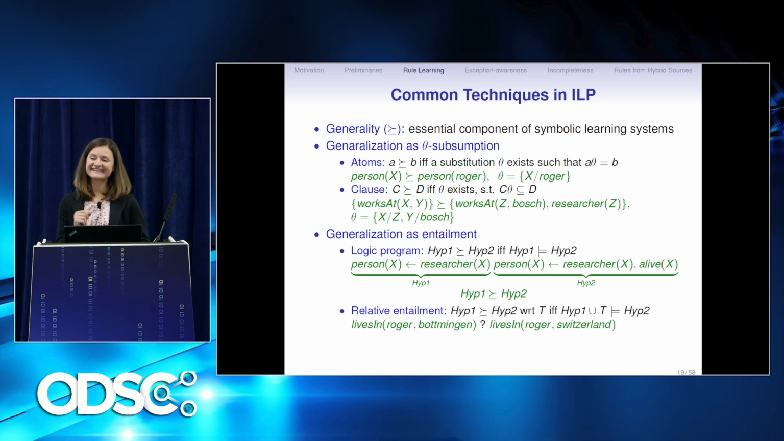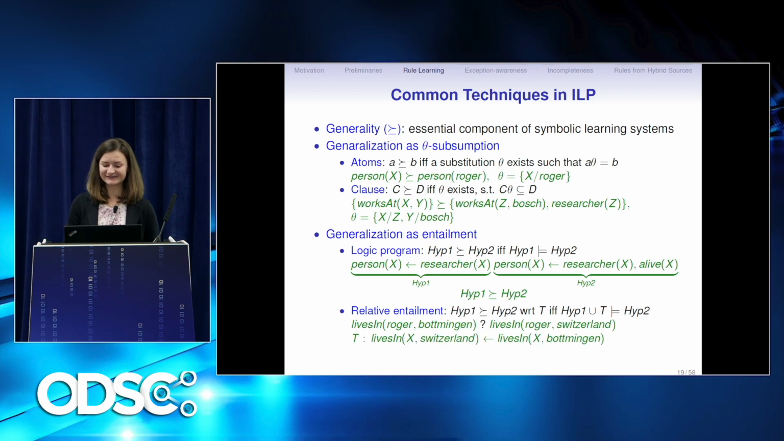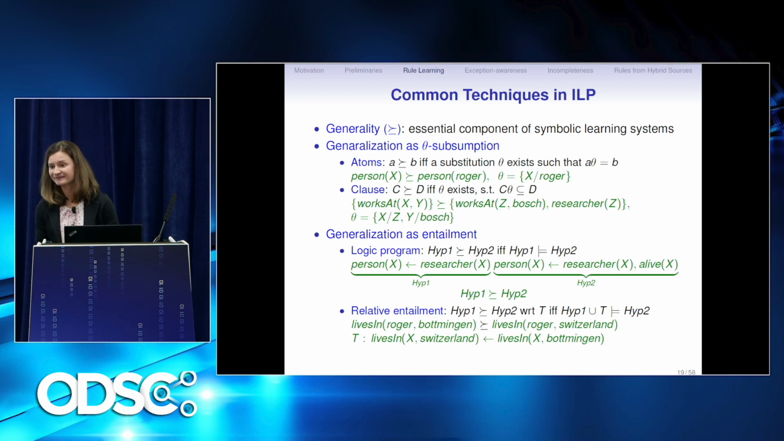Right. In fact, if you know that Bottmingen is located in Switzerland, this is not entirely true. And in fact, the first one would be more general than the second. And why is that? Well, if you know that Roger lives in Bottmingen, you, of course, know that he lives in Switzerland. That is why the first one is more general than the second, given additional background knowledge, which is